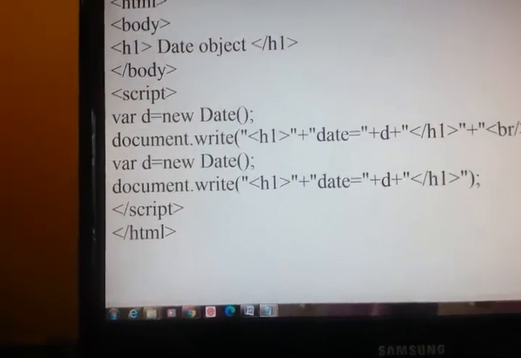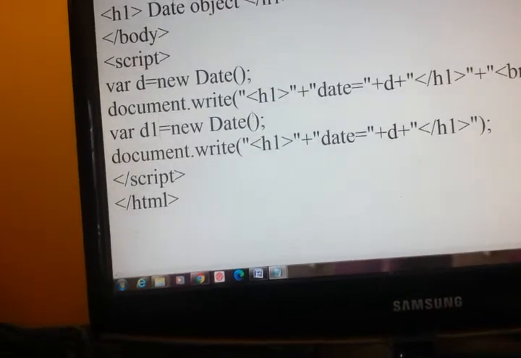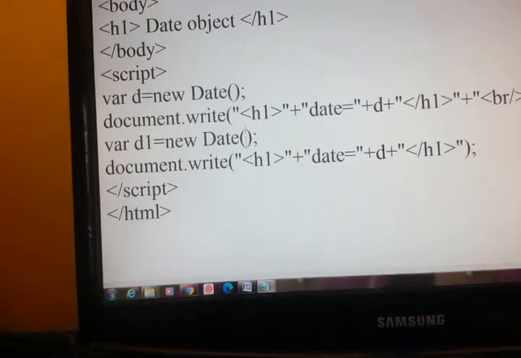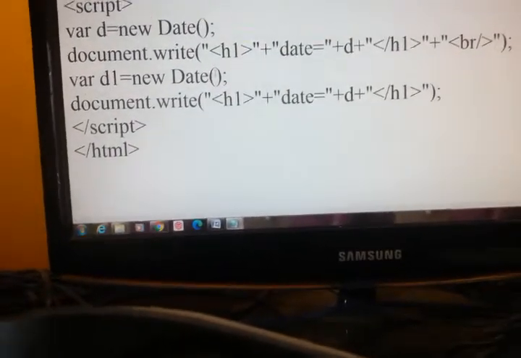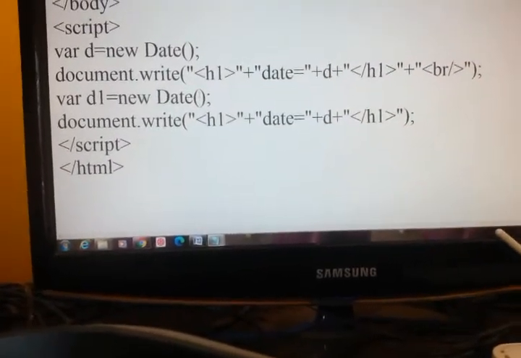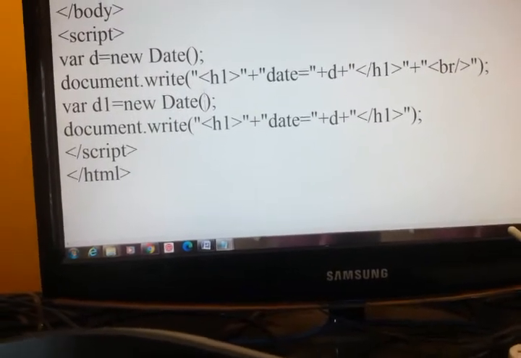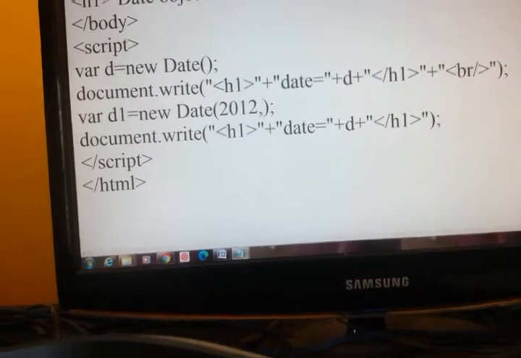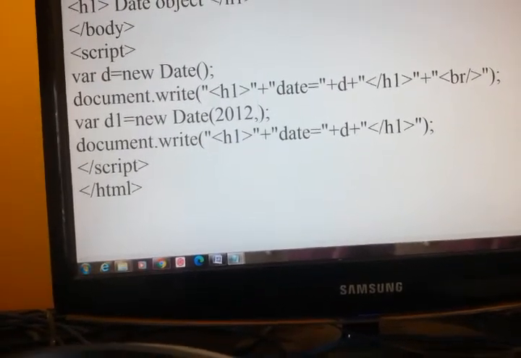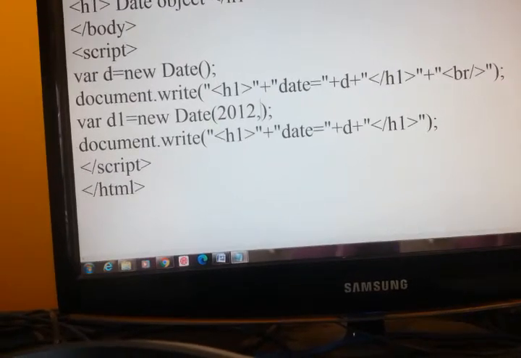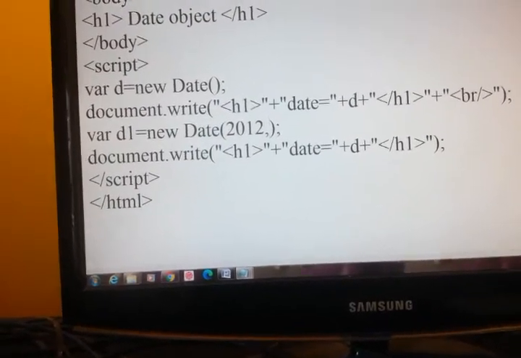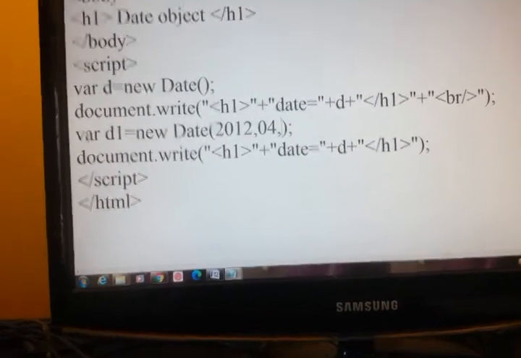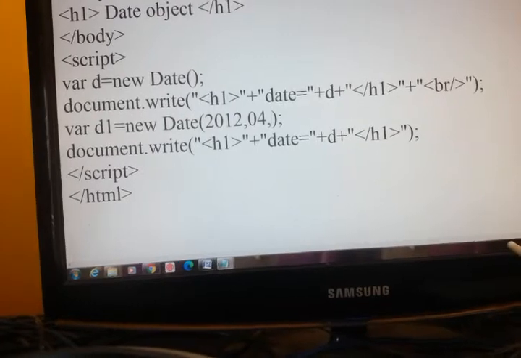So here I will write d1. So what I was telling, in date, first comes year, right? So year it's my wish, I will give 2012. Then after year comes month. Month I will give 04. Right.